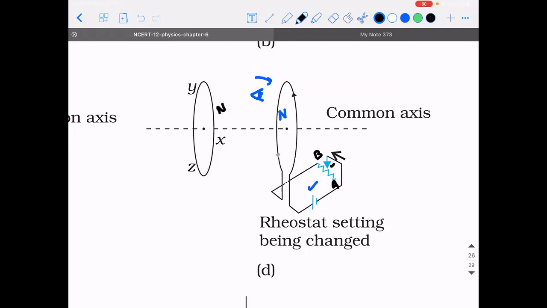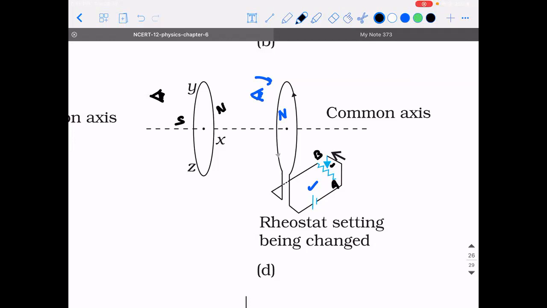Same polarity. Now, I am seeing from this side. You understood why I'm seeing from this side? If that side is north pole, this side will be south pole. Right? Yes, sir. Take your right hand and keep it perpendicular to the paper. And turn your right hand in the clockwise direction such that you are able to see the lines on your palm.